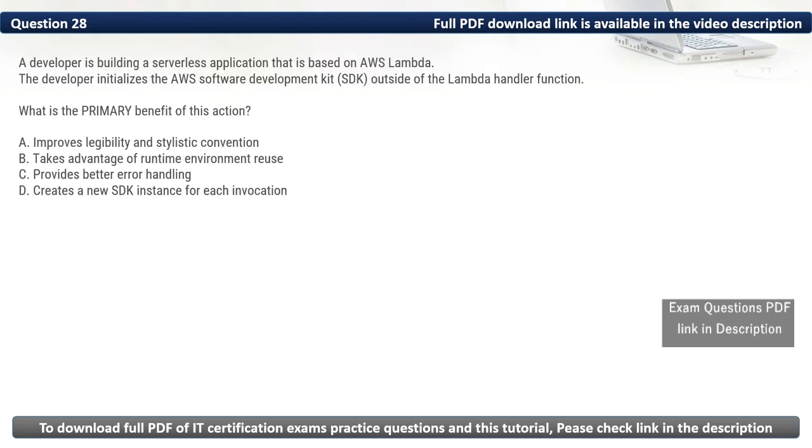Question 28. A developer is building a serverless application that is based on AWS Lambda. The developer initializes the AWS software development kit outside of the Lambda handler function. What is the primary benefit of this action? Here in this question, the primary benefit of this action is that it takes advantage of runtime environment reuse.